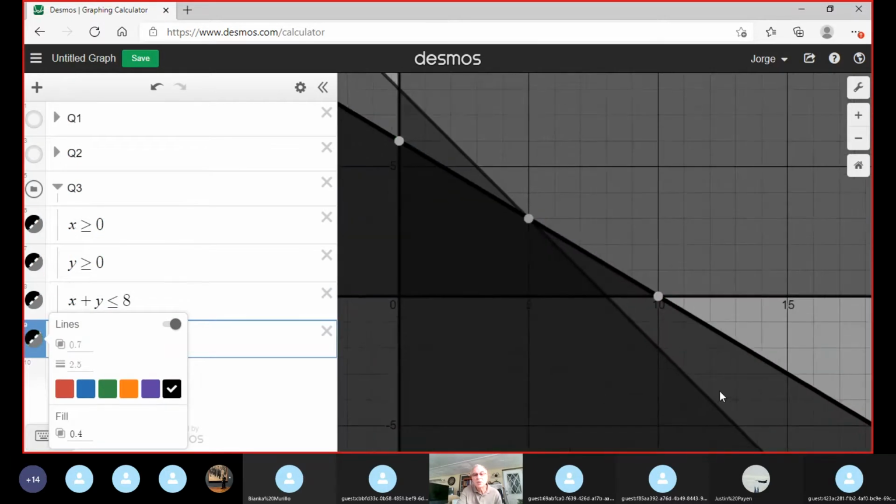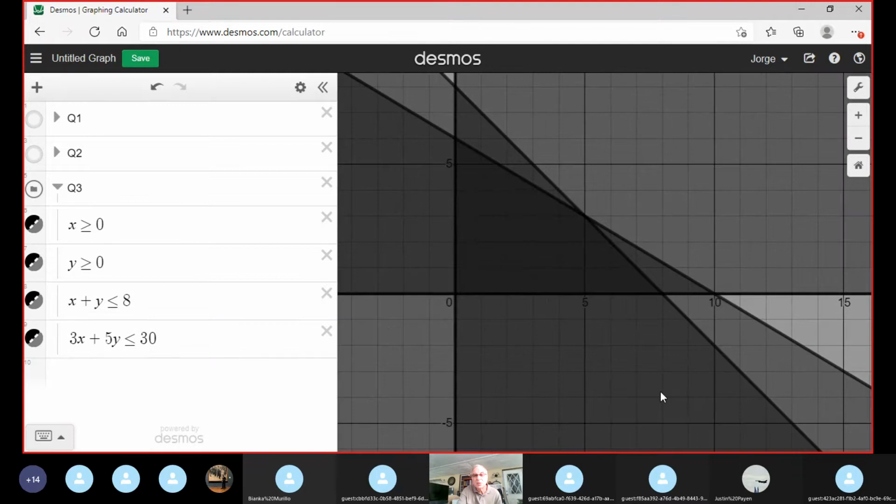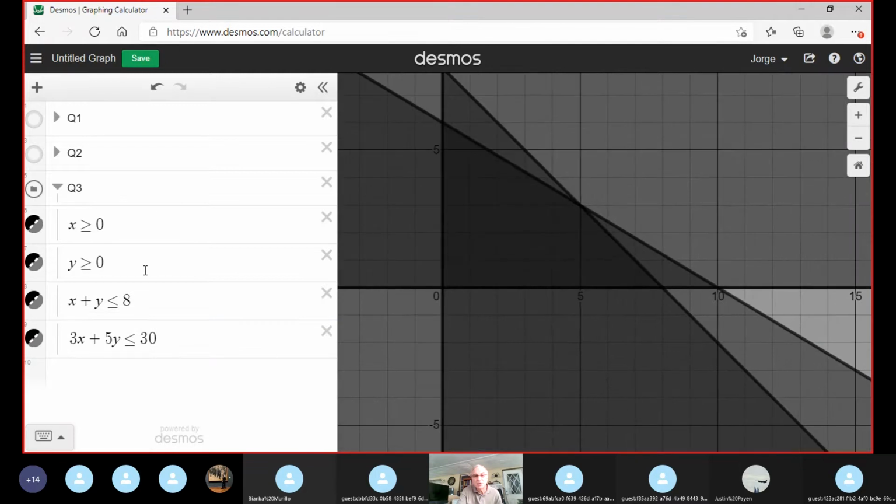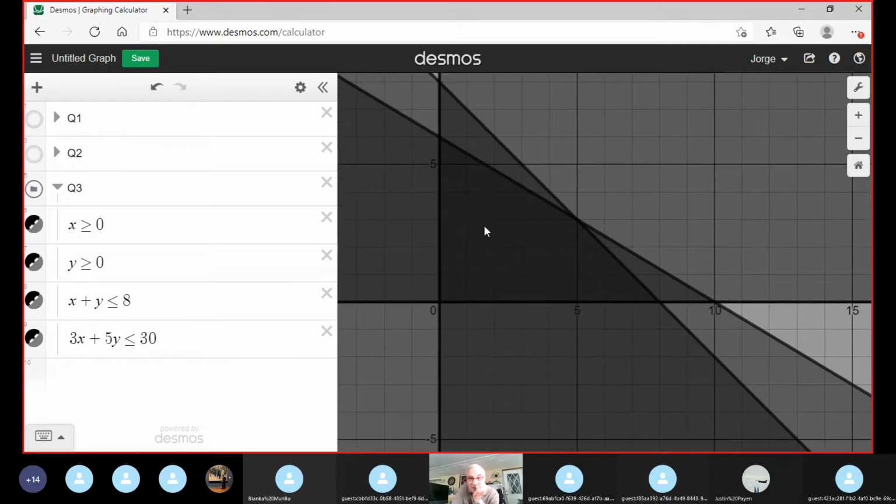Okay, so in your opinion, what is the final answer for this 1, 2, 3, and 4 inequality? I put this example because this example is too complicated. In real life, we are using only 2 or 3, at most 3 inequalities. So basically, the solution region is not a triangle, it's a quadrilateral. This is one side, this is another side, this is another side, and this is the last side. It's a closed figure